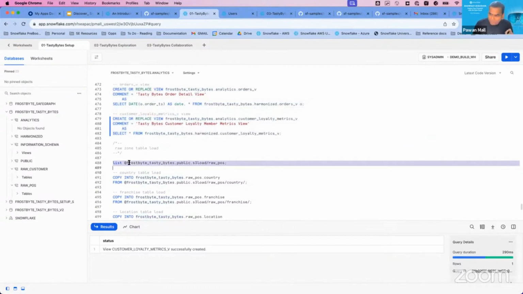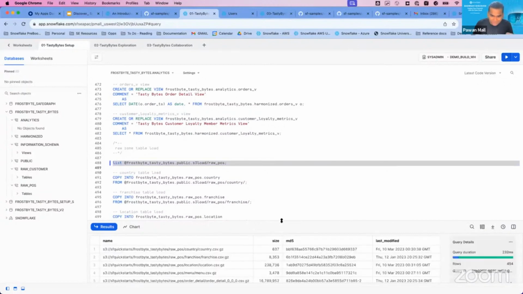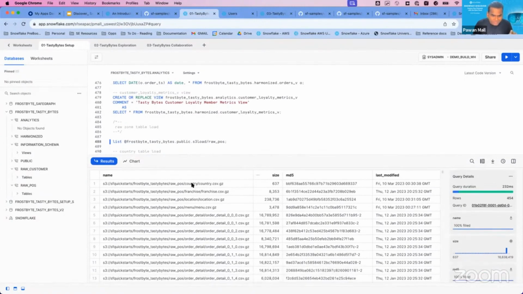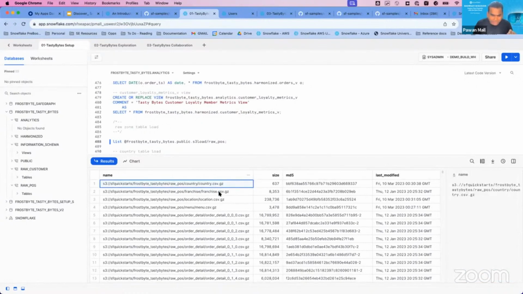Now, coming to the important part, which is the data load part. Let me show you what is present in that S3 location. If you see here, I just did a list on the stage which I just created, and in that stage I can see all these different files present: the country file, the franchisee, the location, and the CSV.